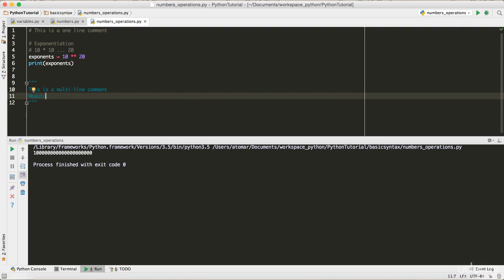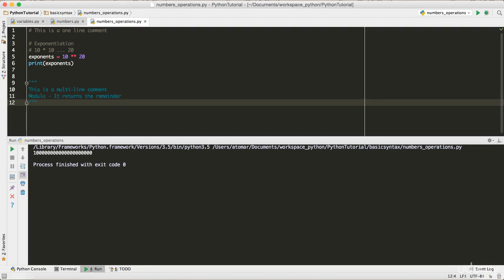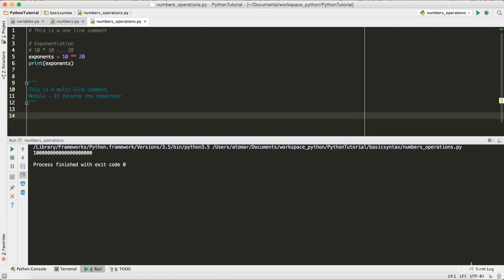I'm going to show modulo. What it does is, it returns the remainder, right? So we already know about division. Now we're gonna learn about remainder. Let's give it a name, remainder. Remainder sounds more familiar, right? It is kind of intuitive as well.